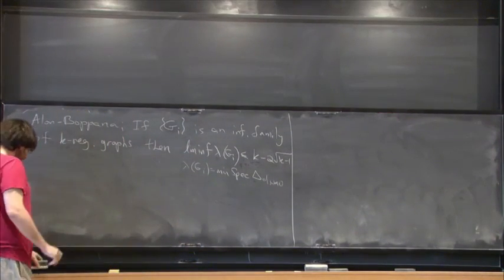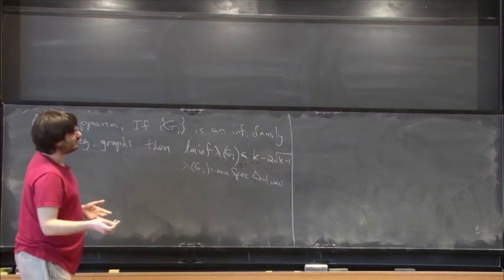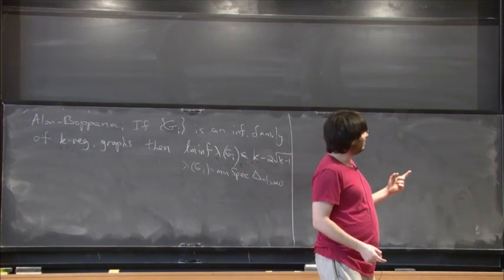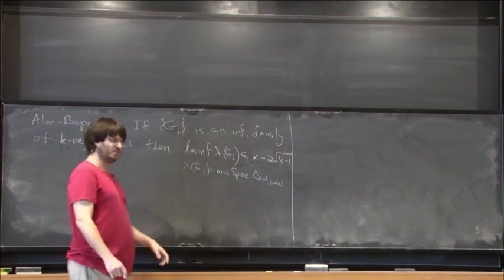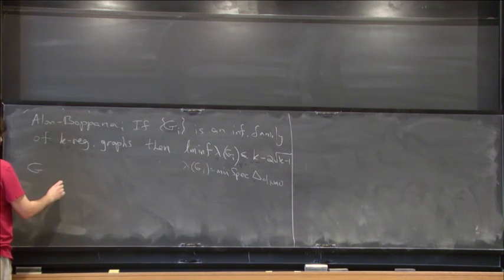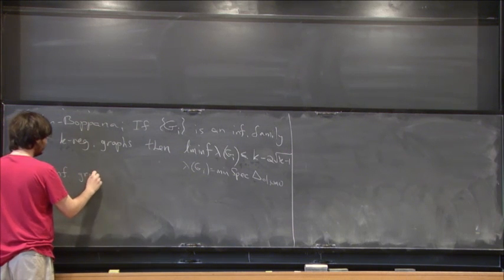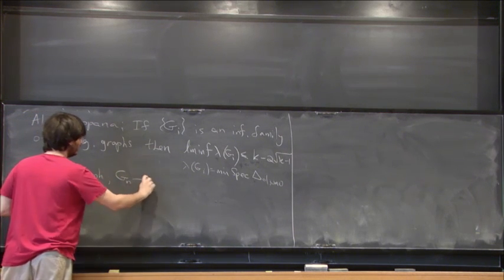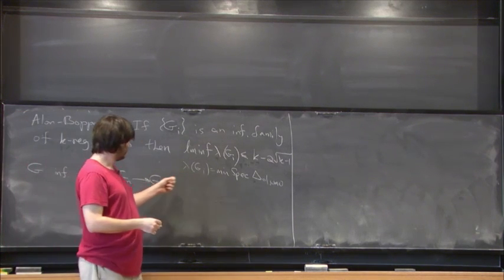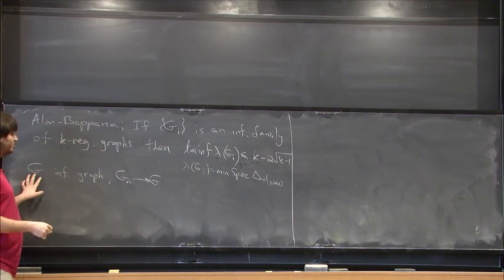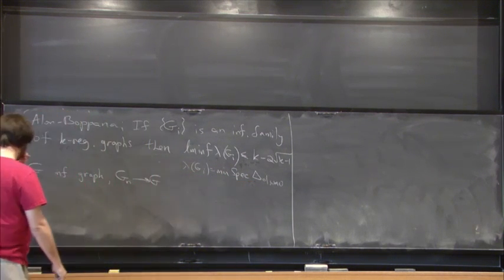Okay, so what happens here is that the spectrum indeed converges, but Alon-Bopana is more than that, because it's the spectrum restricted to the non-trivial part. So if I have an infinite graph, and a sequence of graphs converges to it, I want to say that for any point in this spectrum, there is a sequence of non-trivial eigenvalues which converges there. Now,